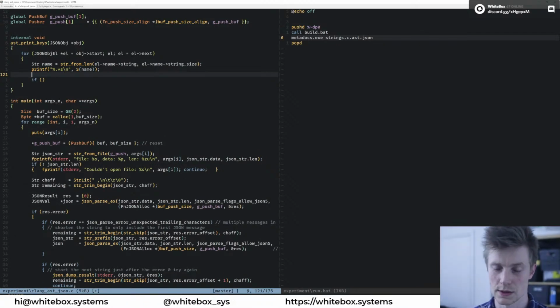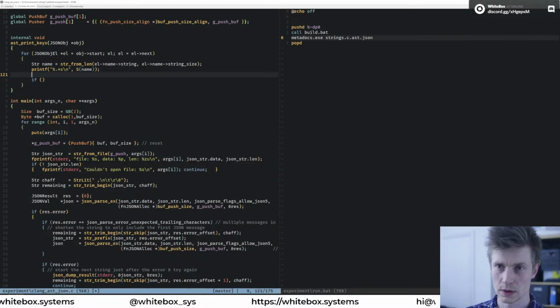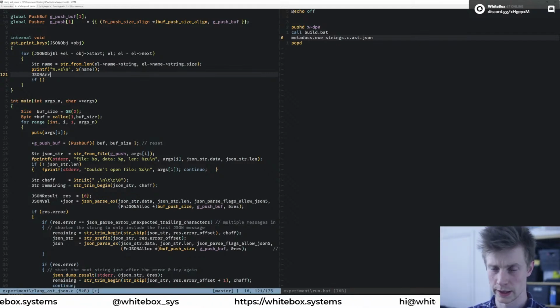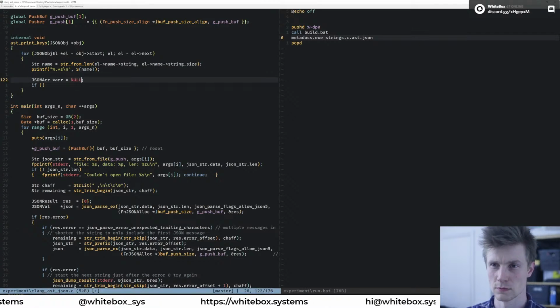I'm just going to treat it as though all arrays are this inner array. So JSON array, if JSON